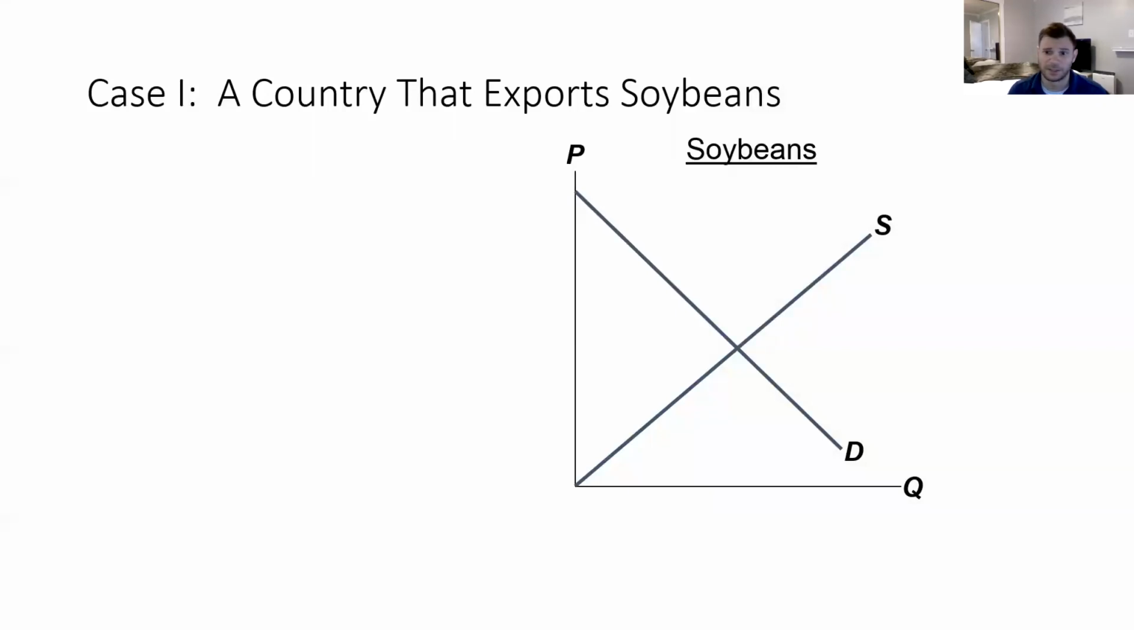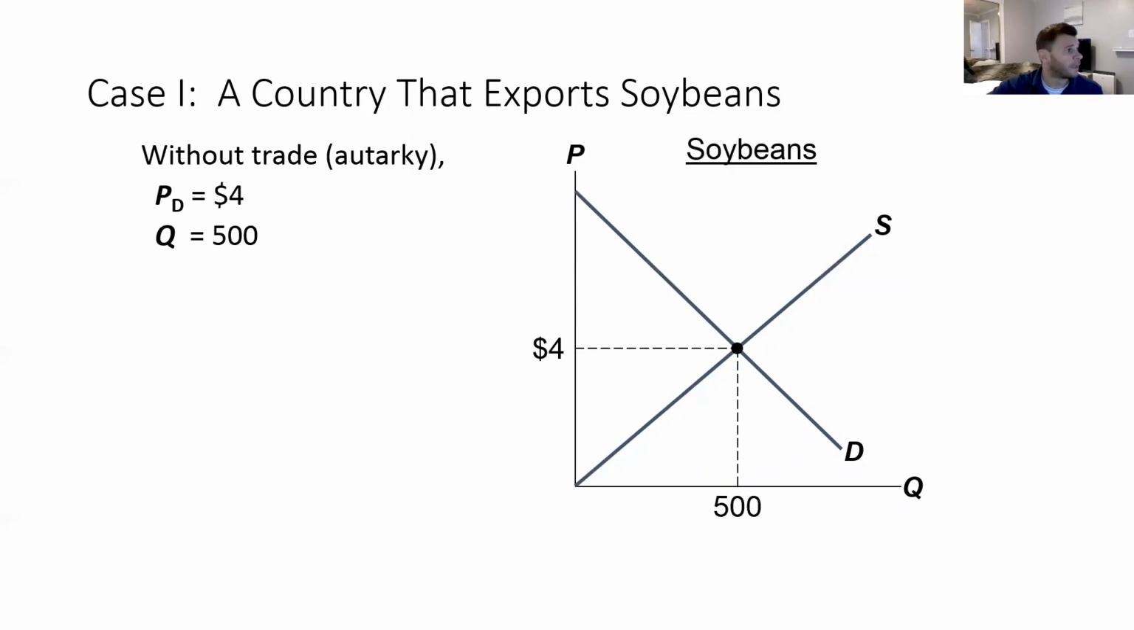The U.S. is a big exporter in soybeans, and this is a major tension in the current trade dispute that we are facing with China. So we're going to first look at what the market would look like if we do not trade with another market in the international community. So without trade, in autarky, the market gets pushed towards its autarkic equilibrium. And in the equilibrium, the price of soybeans is $4 per bushel, and we are selling 500 million bushels